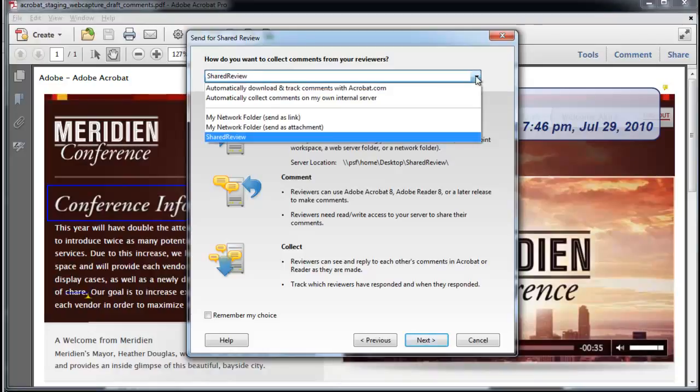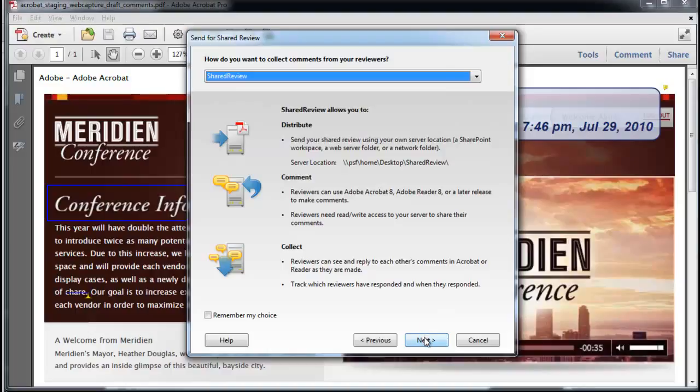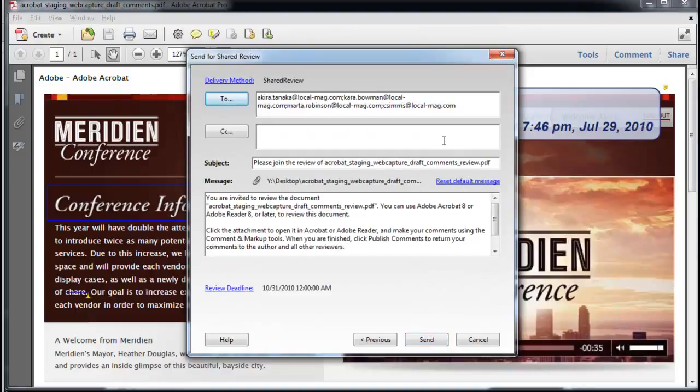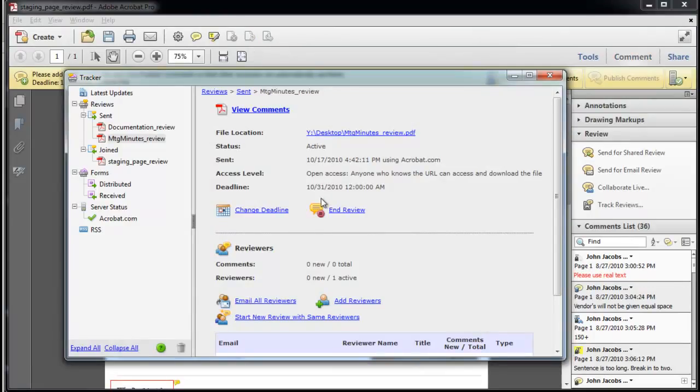I can choose the new menu to send my review by Save Preset Name and proceed with the steps previously selected. I'll press Next. Notice the tracker remembers the people I invited, or I can make adjustments here. Alright, at this point I'll press Cancel, and I can also adjust my system preferences from the Edit menu,